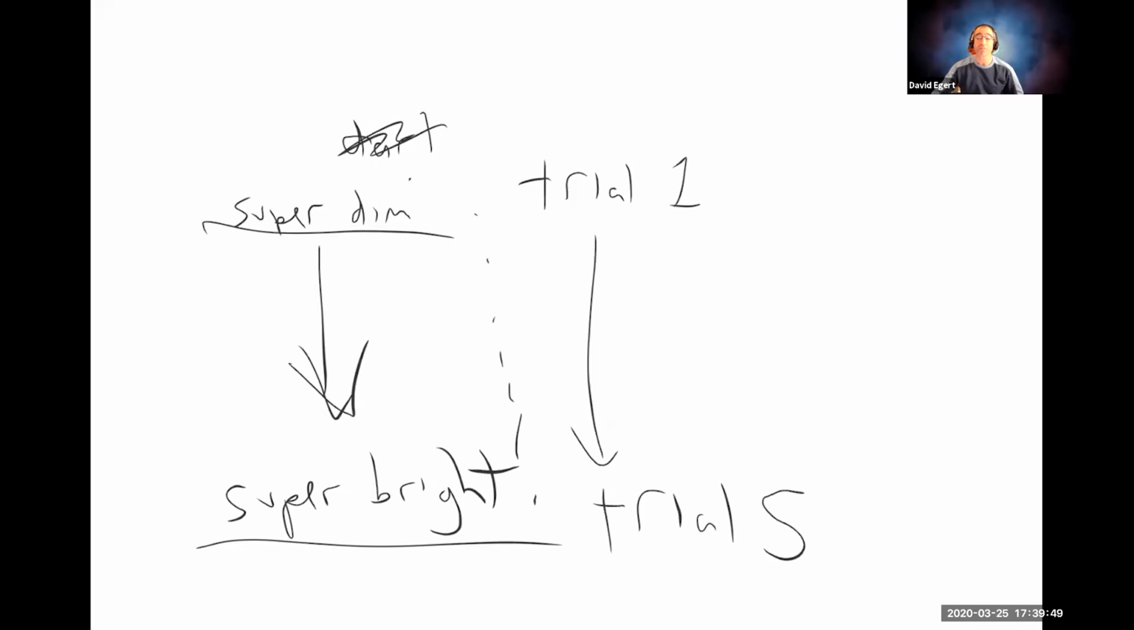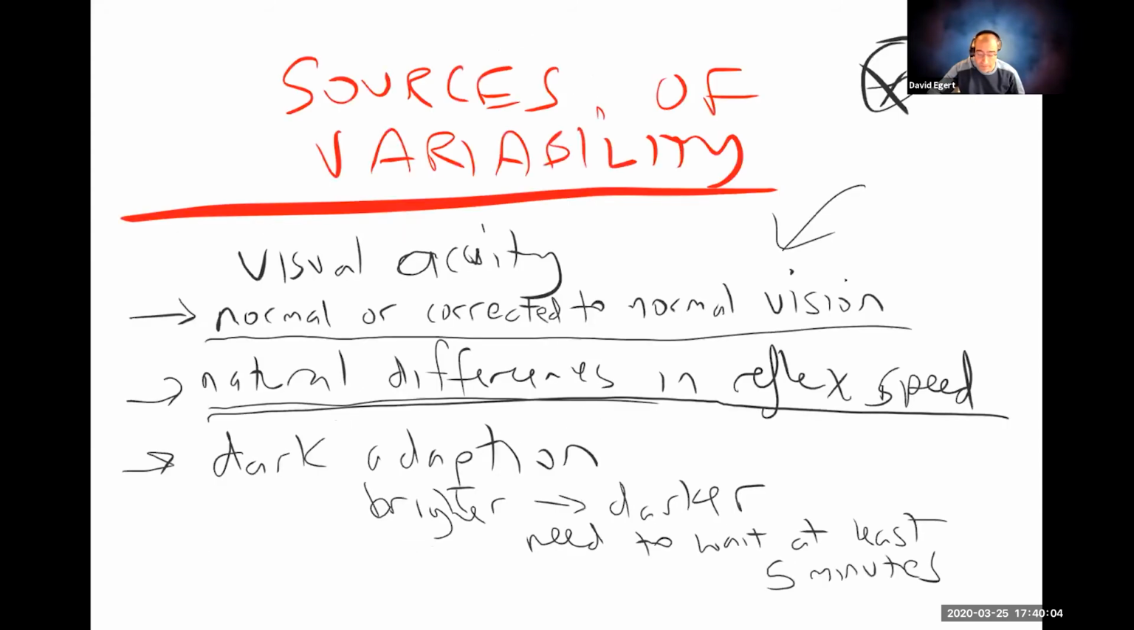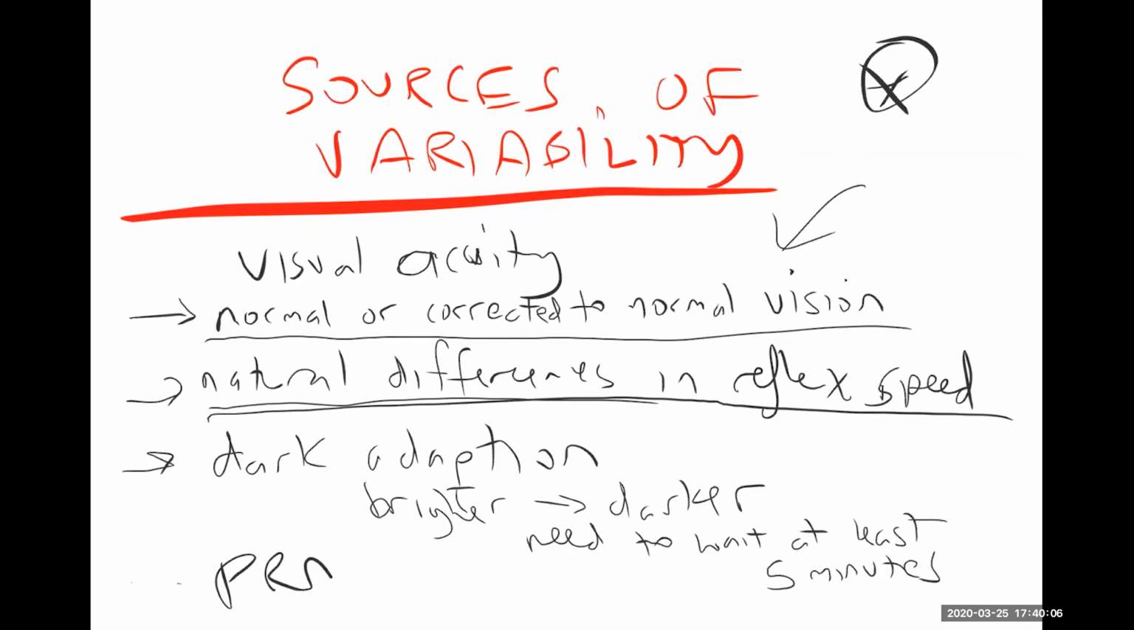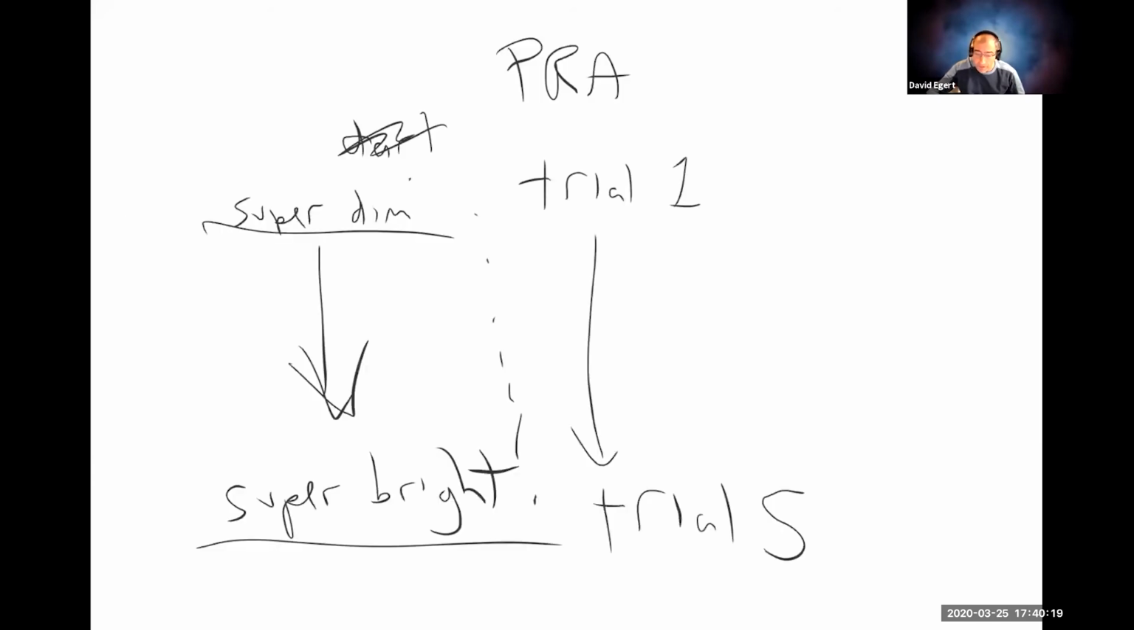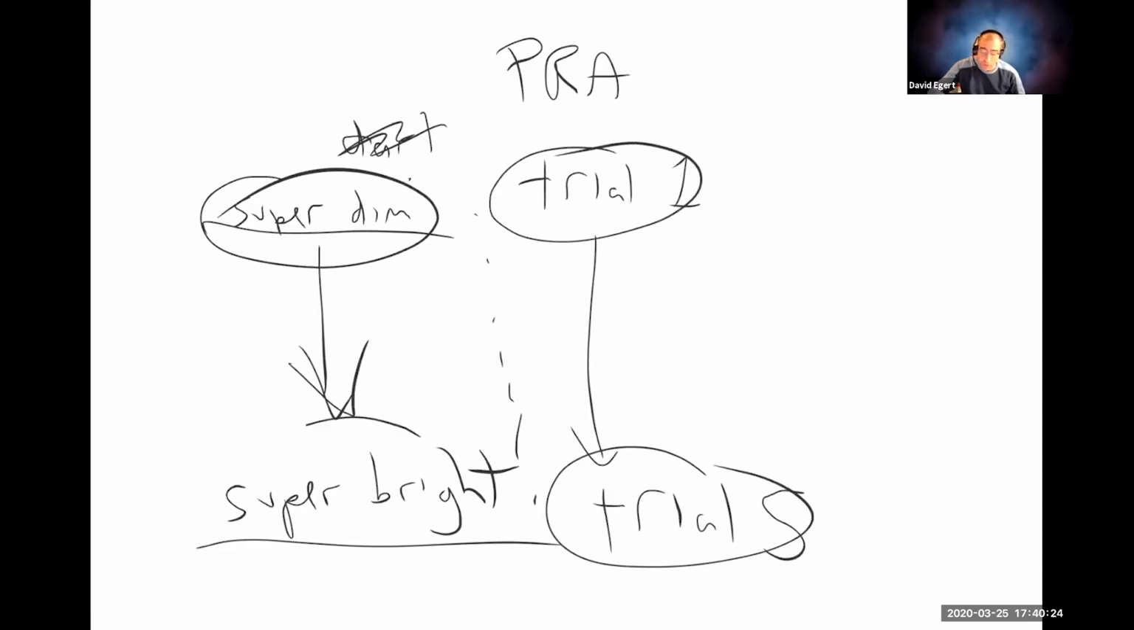What's another source of variability if you're checking the speed of how well you do some task? They will have been practicing it. Totally. Another huge source of variability is practice. The more you do something, usually the better you get. So if we did it like this, started trial 1 with super dim, trial 5 with super bright, and